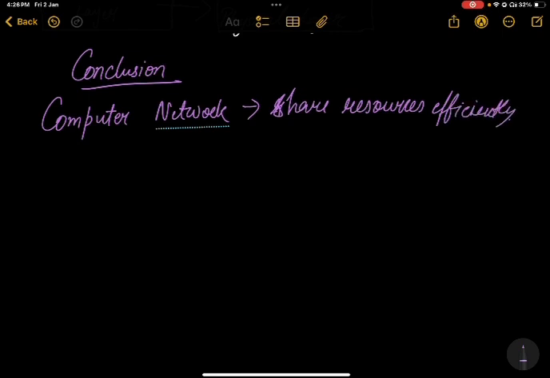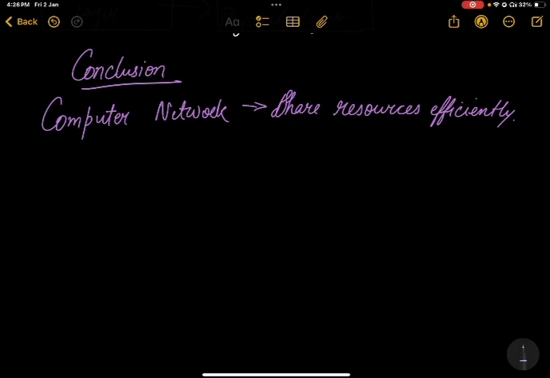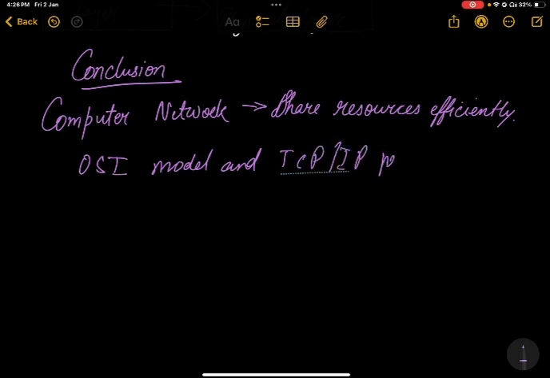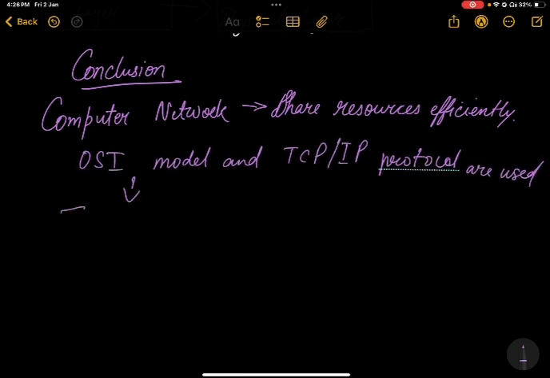To understand how this communication takes place, models like the OSI model and the TCP/IP protocol are used. The OSI model provides a theoretical framework